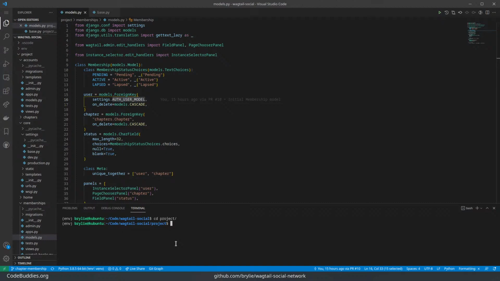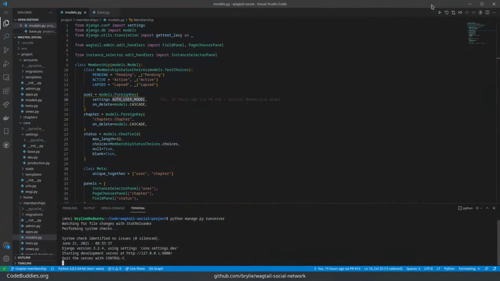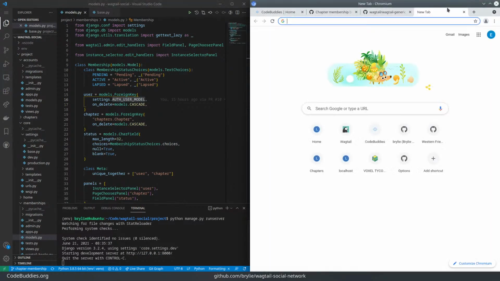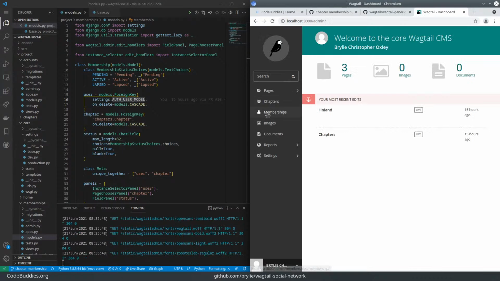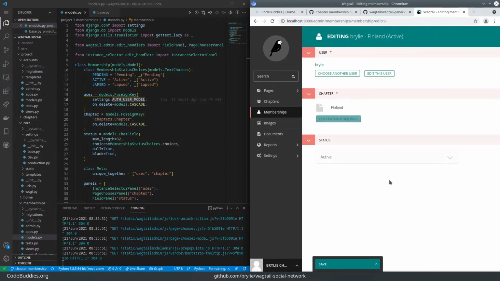Subransu. Anyway, project, activate virtual environment. Start the server. We'll open up our browser. Basically, when we go to the Wagtail admin, we have this memberships section, and if I just edit my membership,